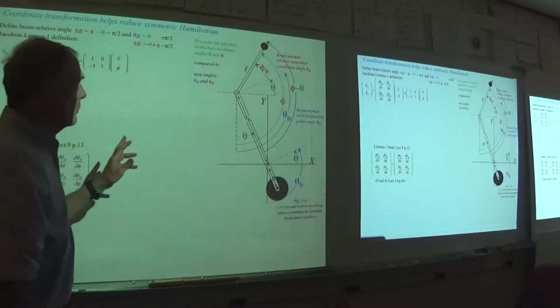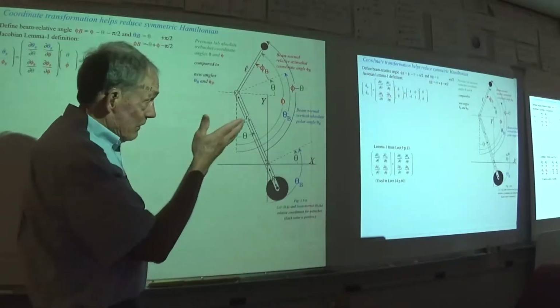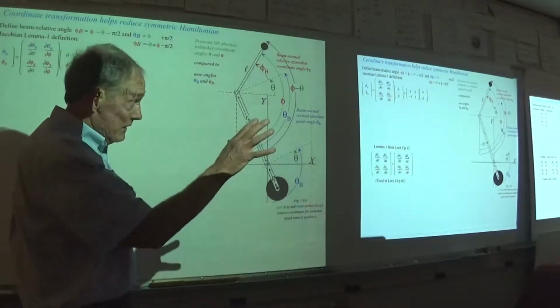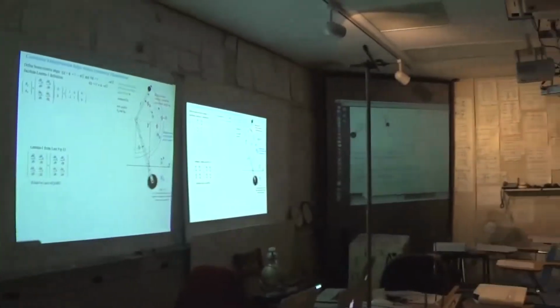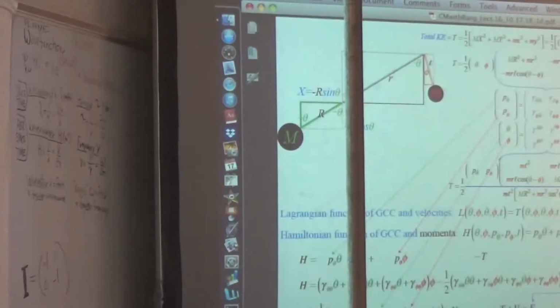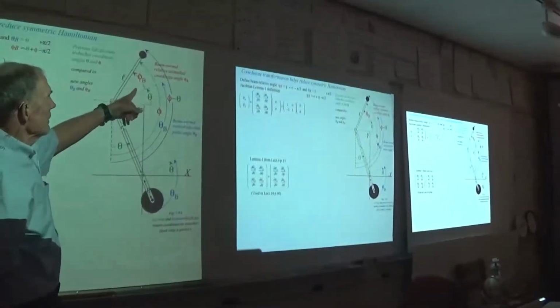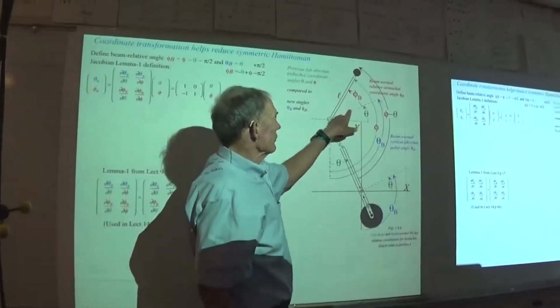What we're going to do is, instead of using coordinates that are shown in the extreme right-hand screen, fourth screen, in which all of the angles are measured relative to the laboratory, or shall I say, star fixed frame, an inertial frame, now we're going to have a coordinate that is relative to some